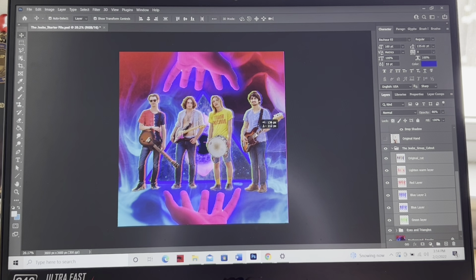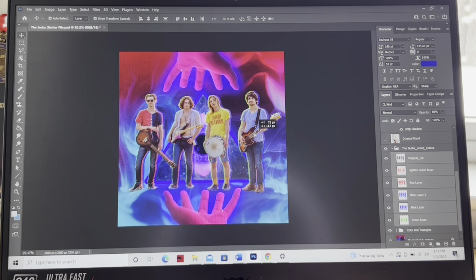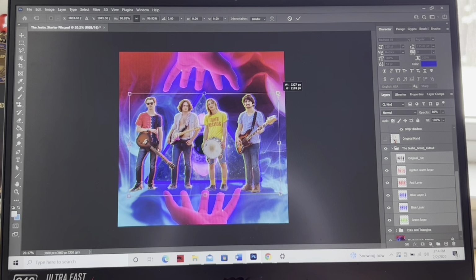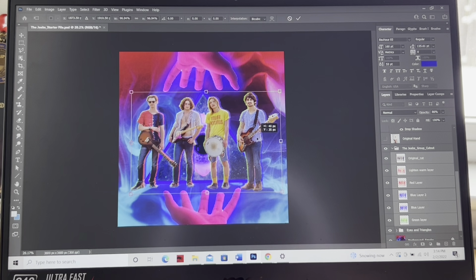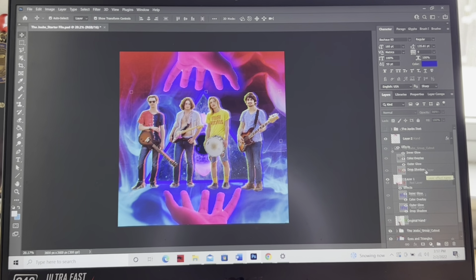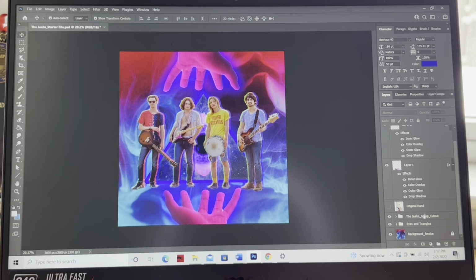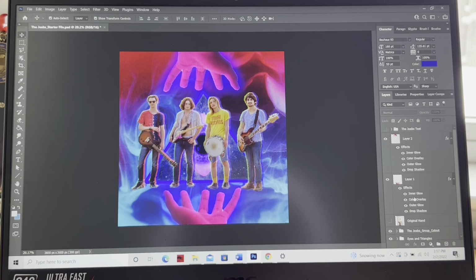That's probably good. I think I'll move it over just a little bit more. Alrighty. I may go ahead and shrink them down just a little bit and then pull them here. You can play around with that. Now, after we close the folder with the Jeebs cutout group in it, we can come up